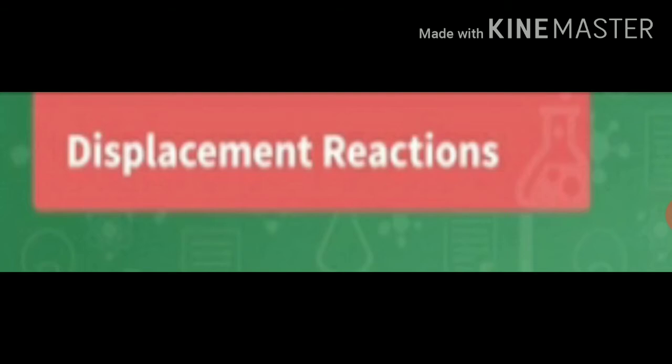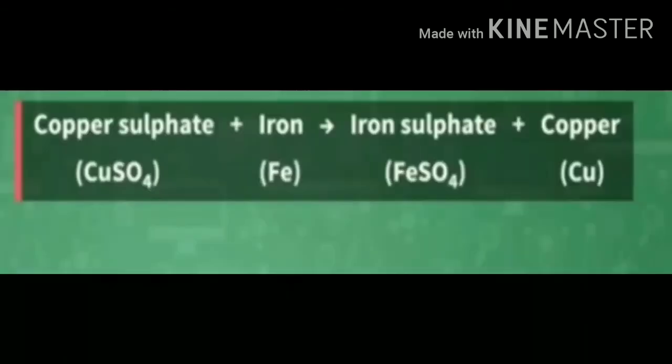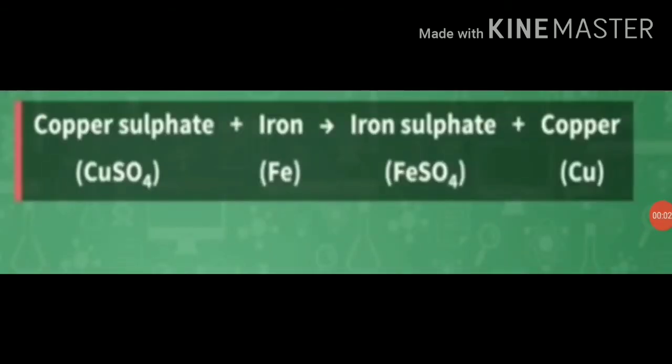So, you will understand better with the help of an example. So let's talk about some examples. Students, let's talk about an activity, then we will discuss this reaction. Now, we have to take about 50 milliliters of water in a beaker and dissolve 5 grams of copper sulfate in it to obtain copper sulfate solution. Now the color of the copper sulfate solution is blue.